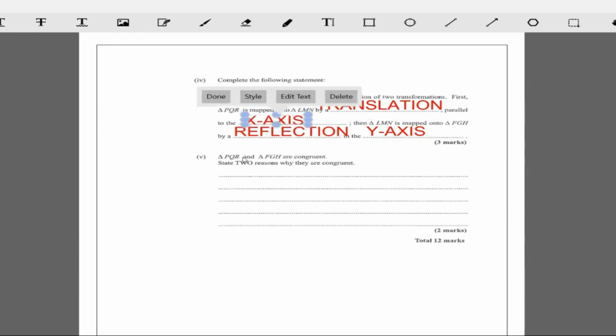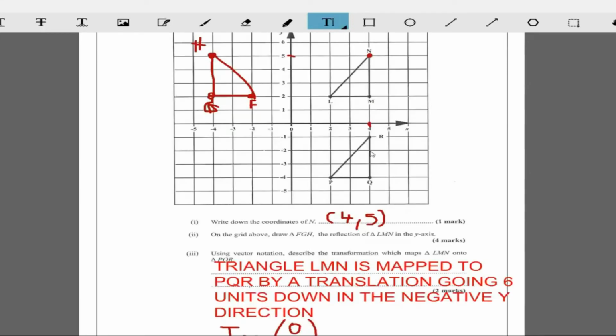All right, now next it says triangle PQR and triangle FGH are congruent. State two reasons why they are congruent. PQR and FGH. Clearly they're congruent. How do I know that? There are many reasons. These are congruent triangles, and here are the reasons. We can see that the length of HG is equal to the length of PQ. We can see that GF